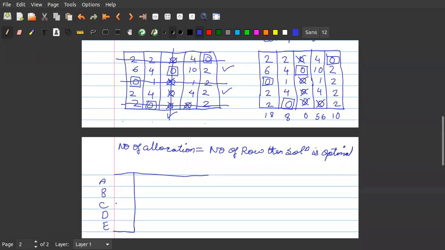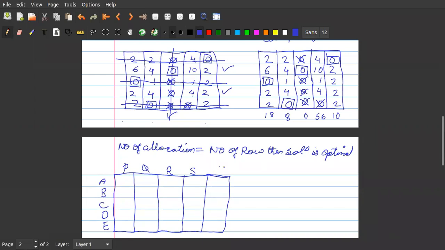Sir, if there is more than one 2, then is it the same thing? No changes. There are 3 2s, that doesn't make any difference. We have to select a value which is minimum. So the minimum value is 2. Now 2 may be present at 1 point or at 3 locations, as in our case. Okay. Is it okay, students?